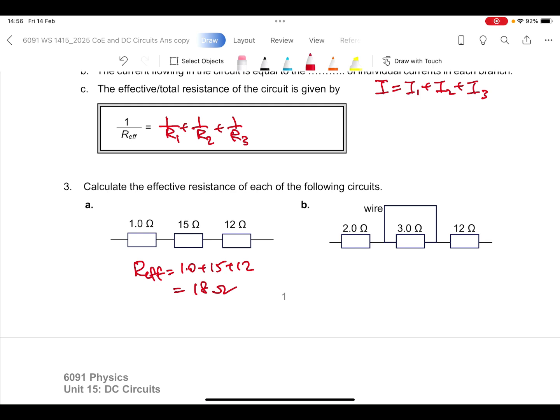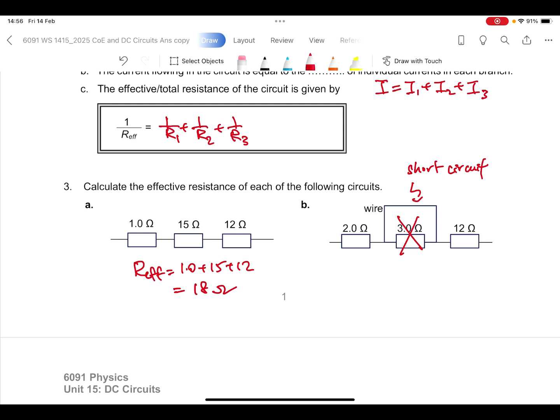Part B, there's a trick here. This is actually a short circuit. So effectively what happens here is that the current will bypass the 3 ohm resistor and it will be completely ignored. All right, the current will move through the path of lower